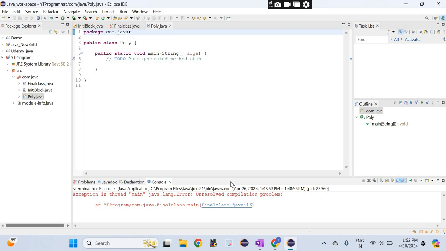So what is upcasting? If the reference variable of the parent class refers to the object of the child class, it is known as upcasting.